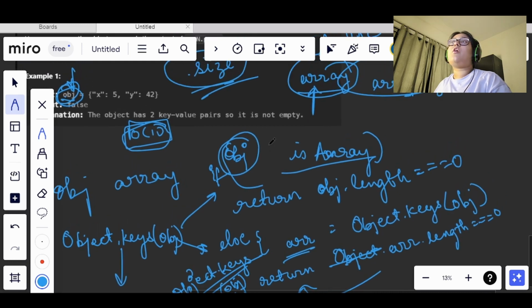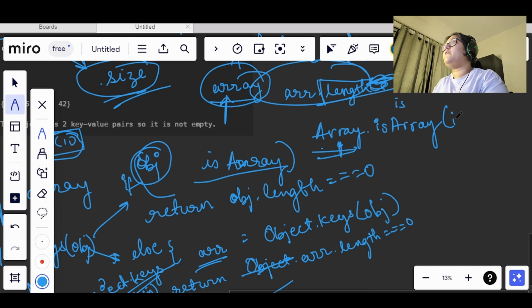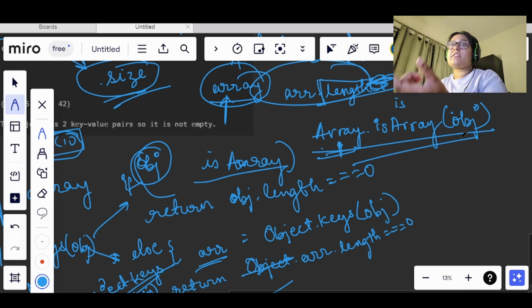Now how do we check if our object or whatever input we are getting is an array or not? So there is a specific function. Array has a function called isArray. So we use it like Array.isArray, and here we pass our input which is obj. So if Array.isArray(obj)